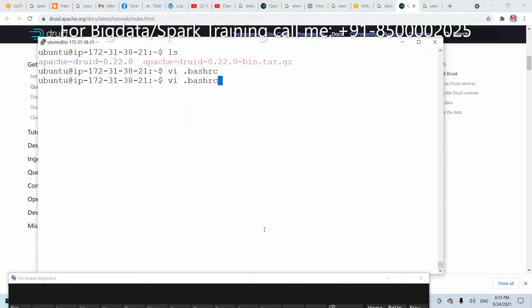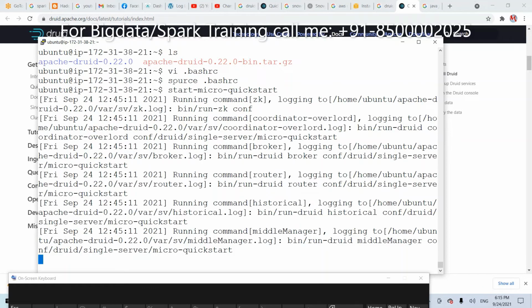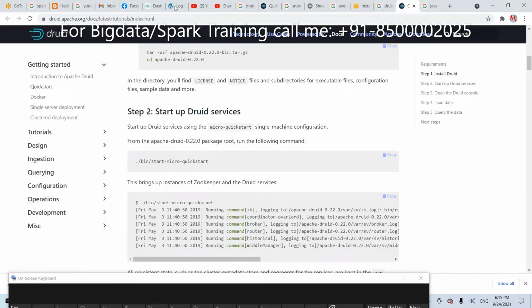Open PuTTY. Okay. One more thing. After completing everything, source .bashrc. That's also required. Okay. Next, execute this one. That's it. Don't close this terminal. Don't close this terminal. Next, what happened? Okay, in AWS, just follow this documentation, everything is available in this root.